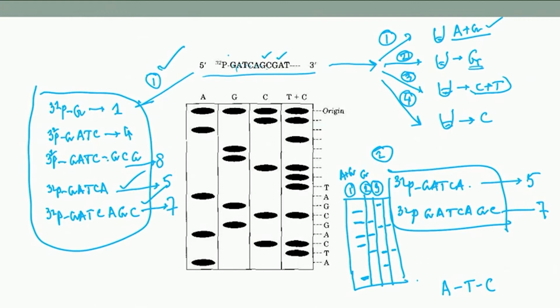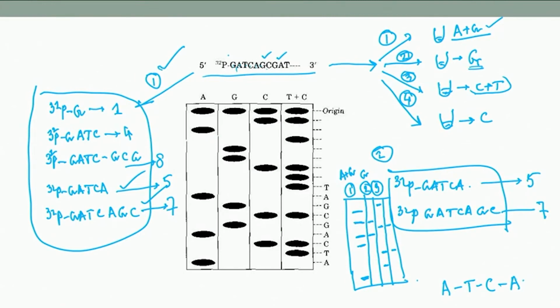And then this, again I repeat, because this needs careful screening. So A, then T, then C, then A. Let us see whether it is matching. A, then T, then C, then A. We are not getting the first one. First one you have to actually, for Maxam Gilbert you don't get the first one, because when G is cleaved, you don't get any nucleotide attached to the radioactive phosphorus. So first one you forget, and then you read ATCA,